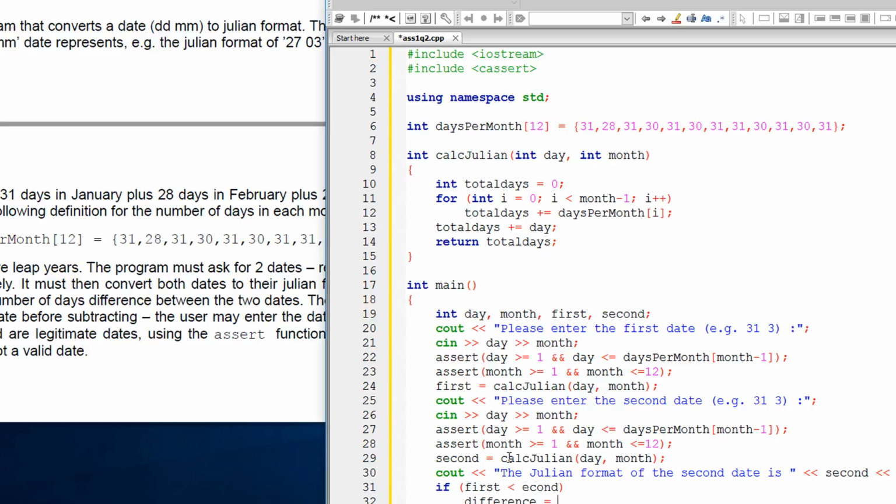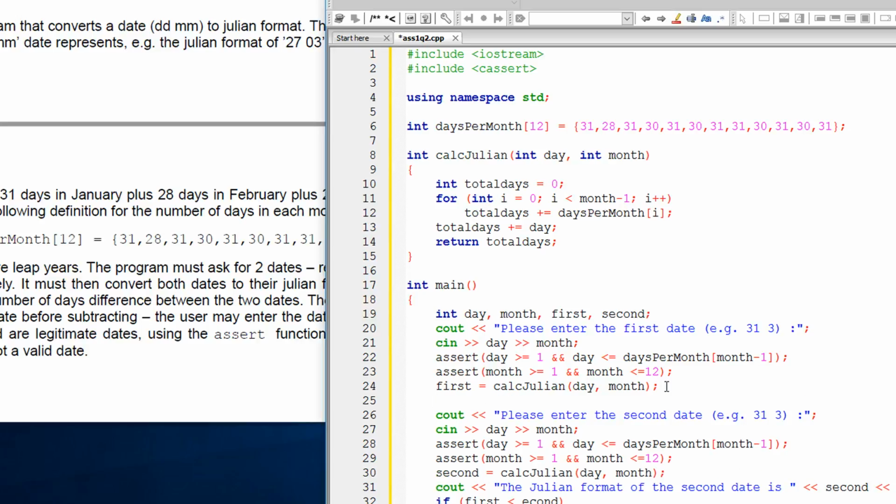So now we're going to perform my calculation. And so, okay, we should have actually also, we want to also output this first date for the user. I'm surprised, could have just put it in the function here, but anyway. The Julian format of the first date is first. Okay, so